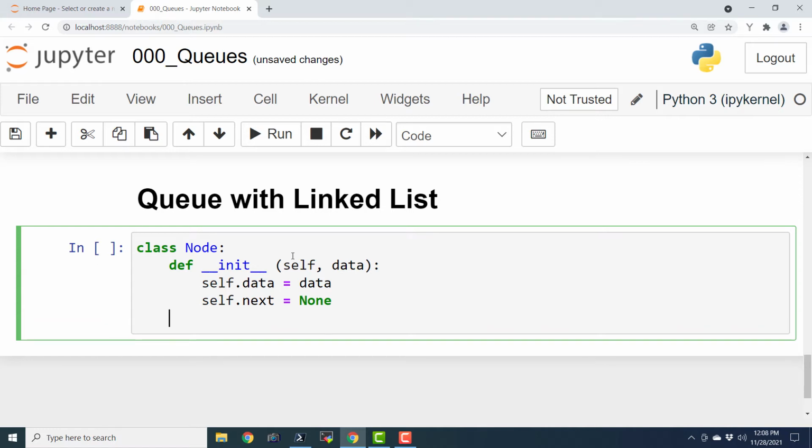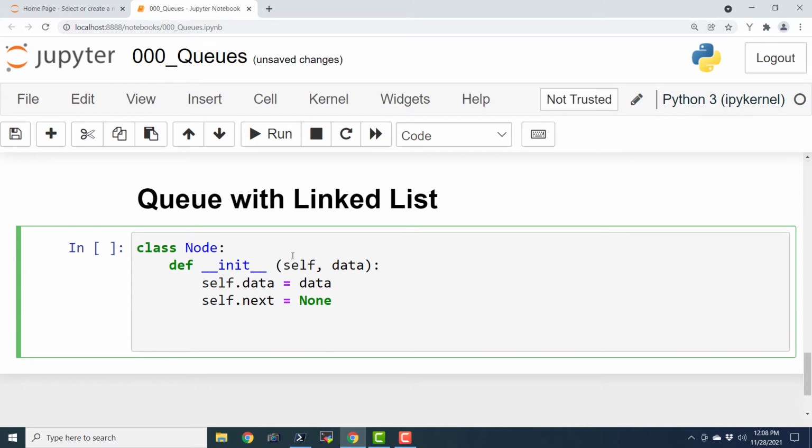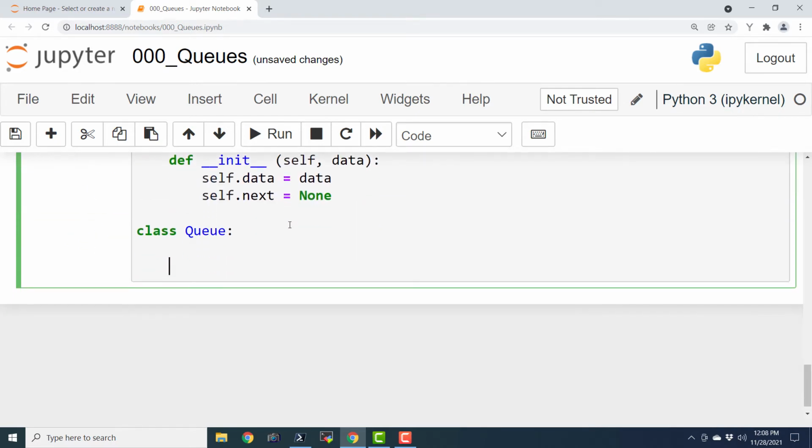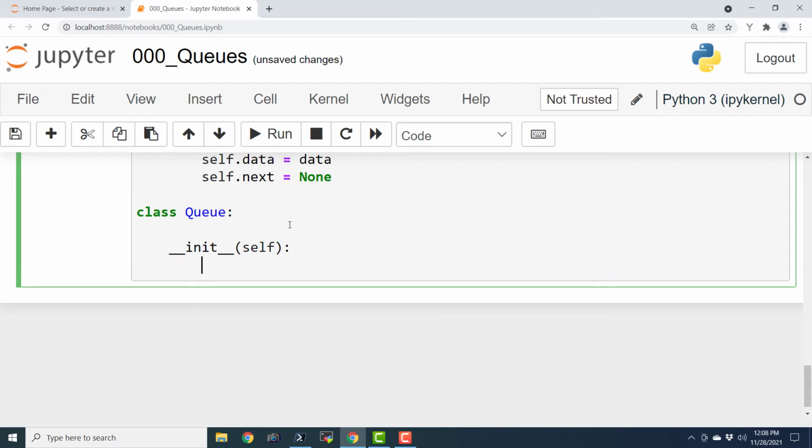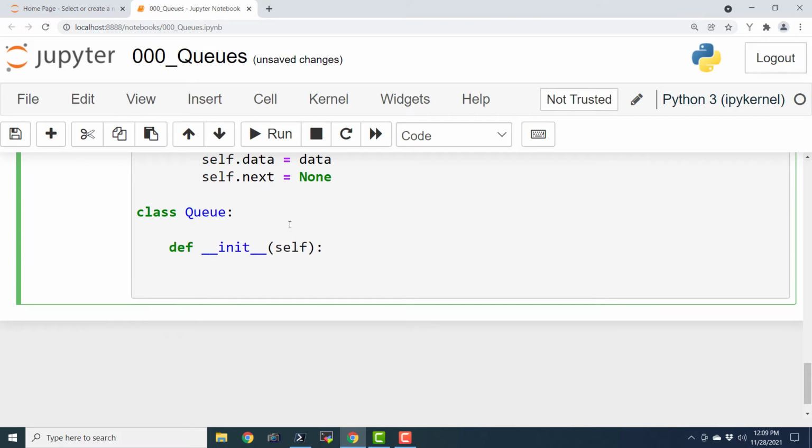Now we are going to create a class to represent a queue. So we will directly represent a queue using a linked list, and I will say class Queue, and let us define a constructor for our queue, and that is quite easy. def __init__, self, and we are not going to pass anything to this init. Okay, so I think that I have forgotten def, and self.front equals self.rear equals None.